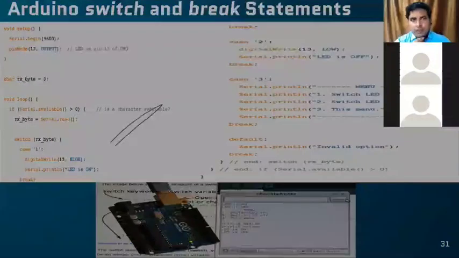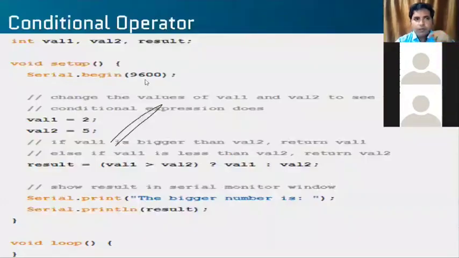We'll go with the next one, conditional operator. Here, conditional operator is what? I'm not repeating a value, just checking the condition, whether it is greater or not, or smaller or not. So I'll take two values. Value 1 is 2, value 2 is 5. What is my result? If value 1 is greater than or equal to value 2, that is the condition I am putting.